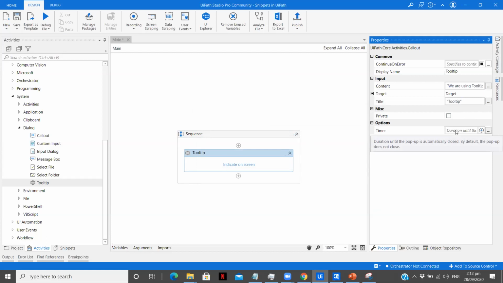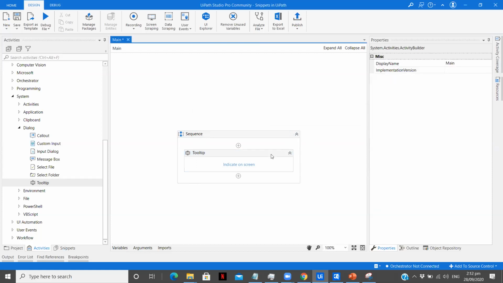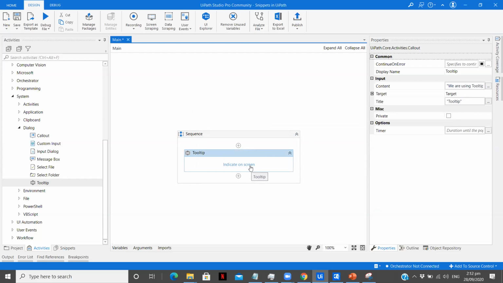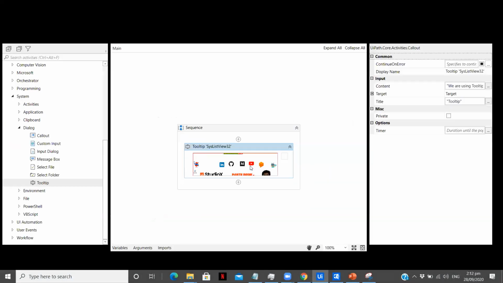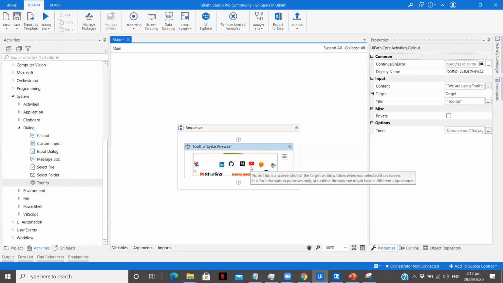But if we don't give any duration, it will not close, it will stay as long as no one clicks it. So I'm going to indicate the screen, my desktop only. So when I run the workflow, and if it encounters this particular UI element, it will display to me that particular tooltip.